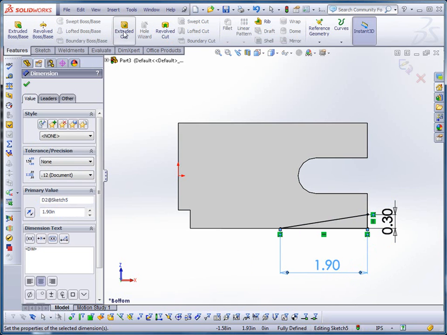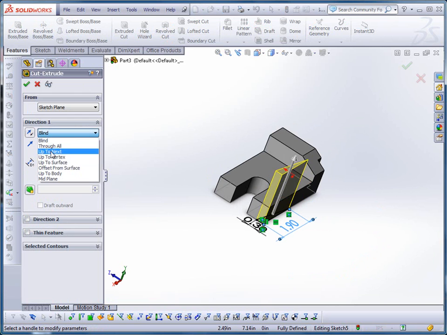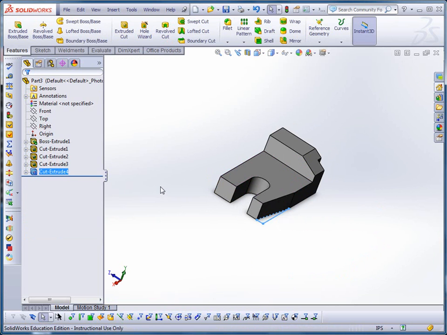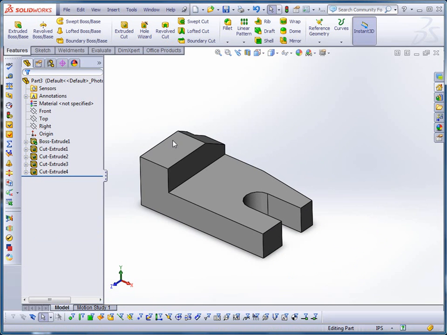I go back over to features, another extruded cut, roll this around where I can see it. Once again, I'm going to go up to surface. The surface I'm going to go to this time is going to be that one. Now I've got those features. All I need to do now is to mirror them, and I'm now going to mirror them with the command